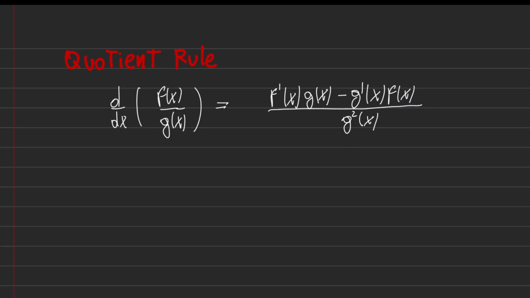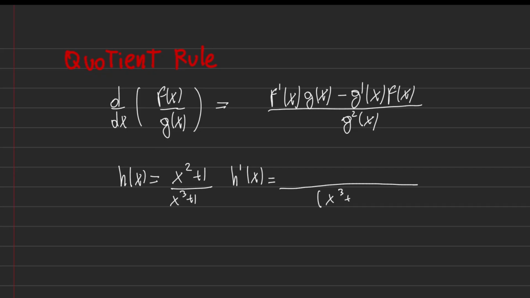As an application of this rule, I want to compute the derivative of h of x equal to x squared plus 1 over x to the power 3 plus 1. In this case, h prime of x reads as, what I suggest you to do is to first square the denominator, in this case x to the power 3 plus 1 squared, and now we proceed computing the numerators, terms